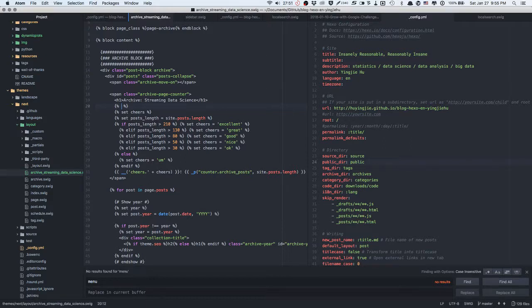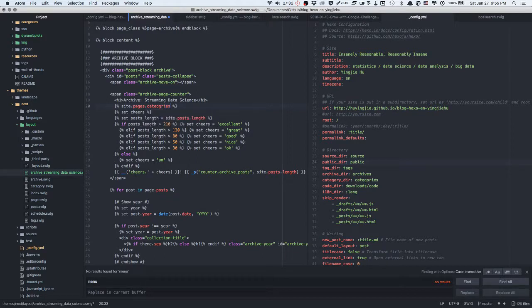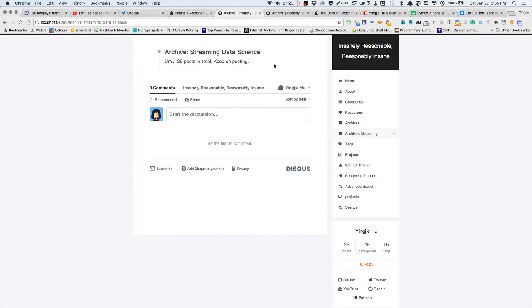is called site dot page dot categories. I guess it should be site dot categories dot... I cannot remember. Then I